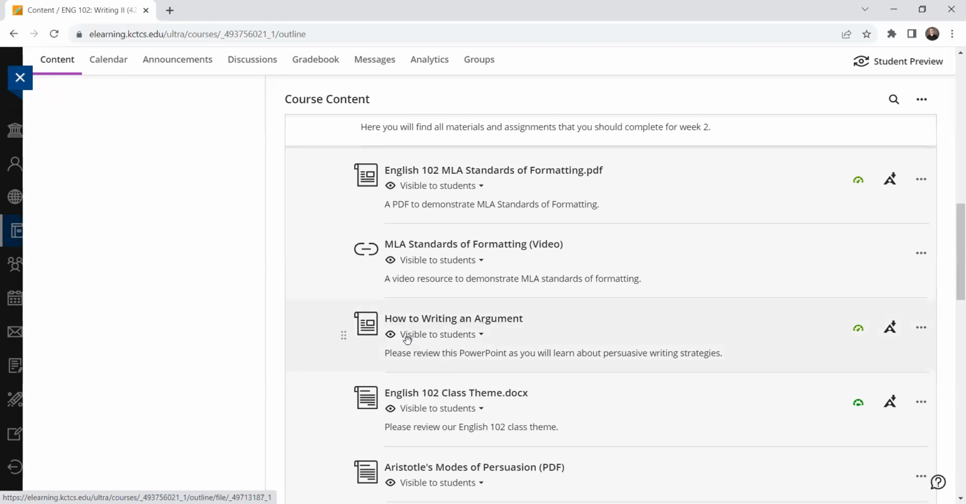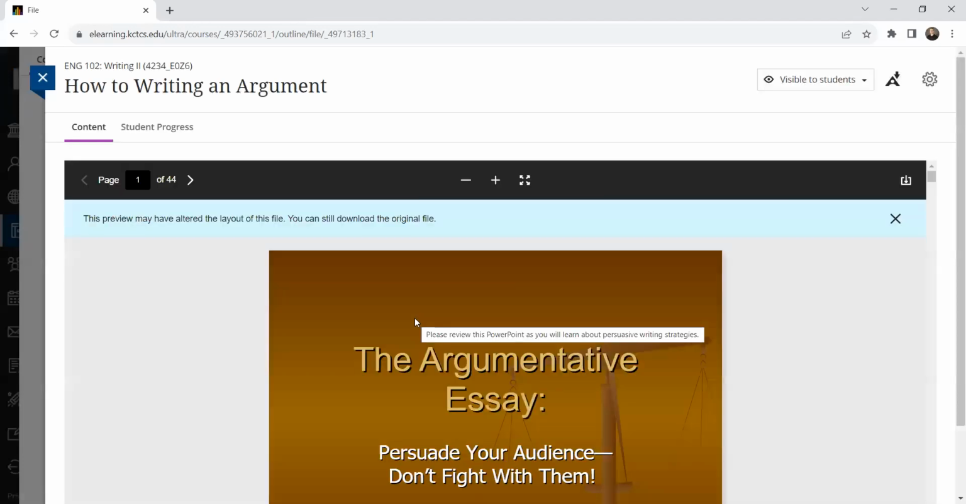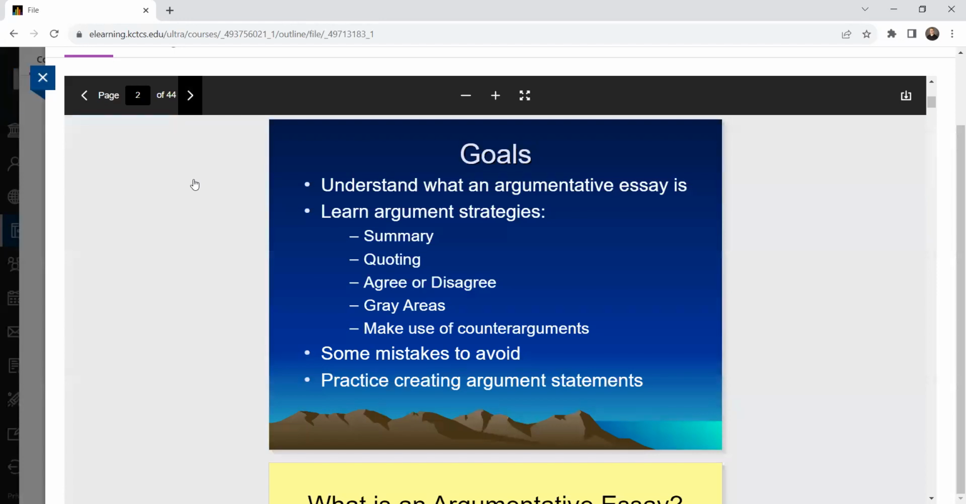Now I want to circle back because I wanted to look at how to write an argument. Of course, this is a PowerPoint: Persuade your audience, don't fight with them. And it is long, so I'm not going to go over all of it, and I don't fully expect you to read it all either. You can certainly glance at each part, but I wanted to walk you through this